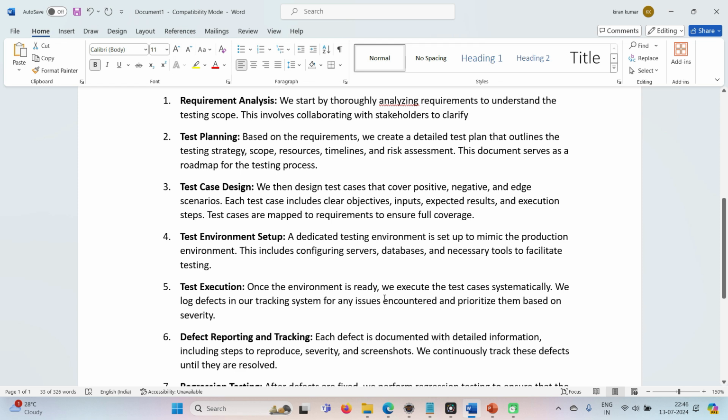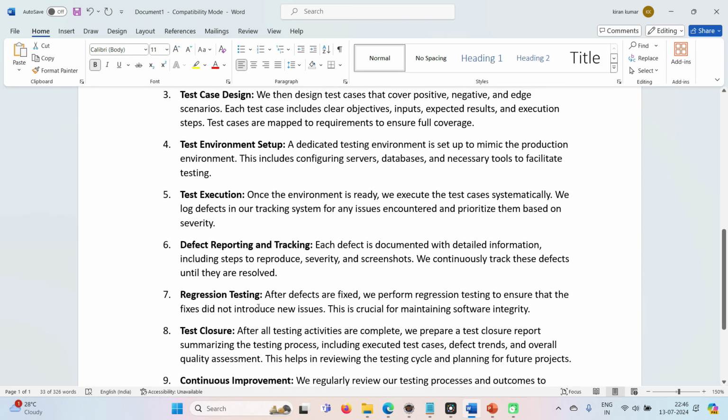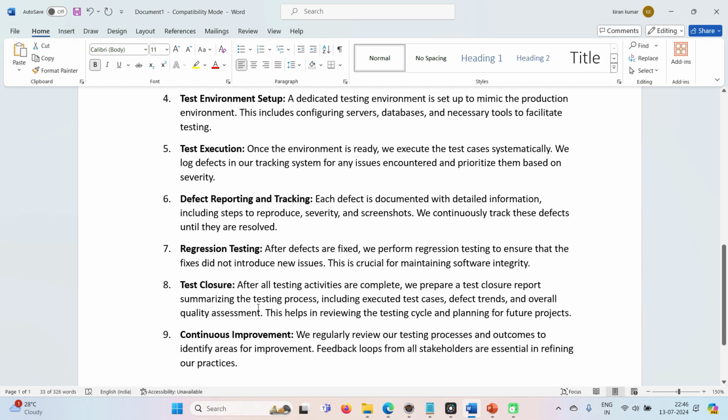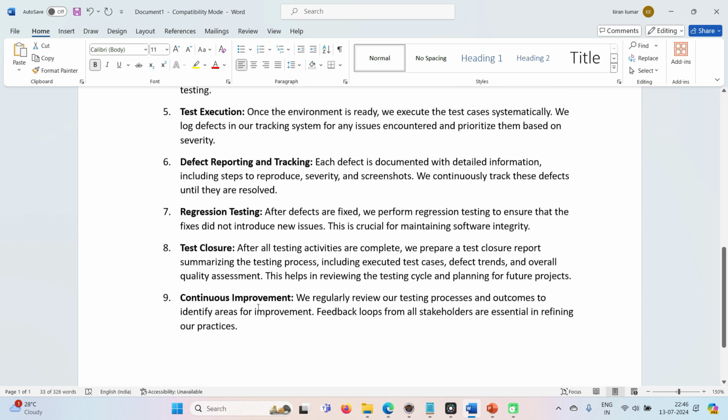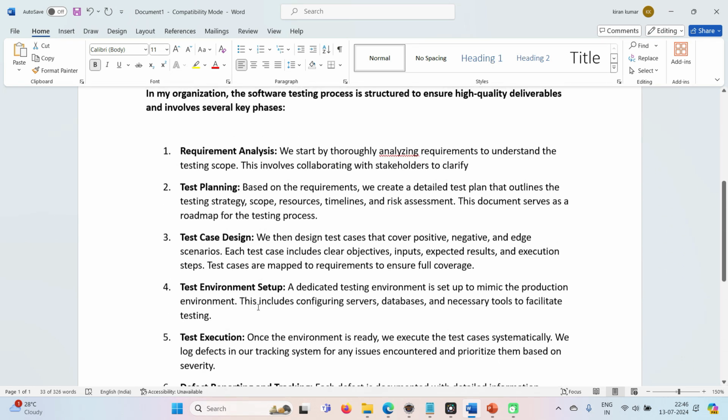Requirement analysis, test planning, test case design, test environment, test execution, defect reporting and tracking, regression testing, test closure, and continuous improvements. These are the major components or processes we have in our organization to test an application. This is what your answer should be.